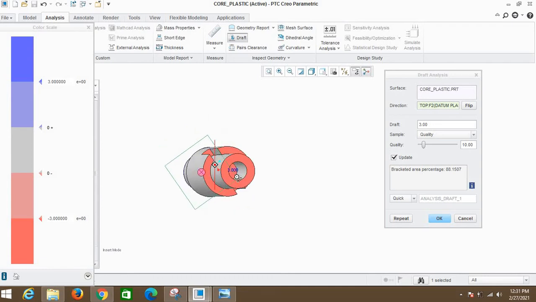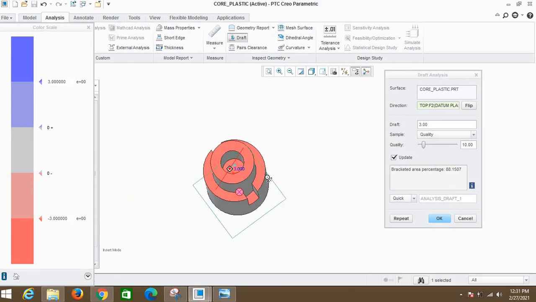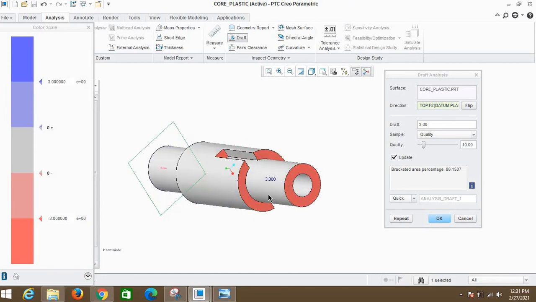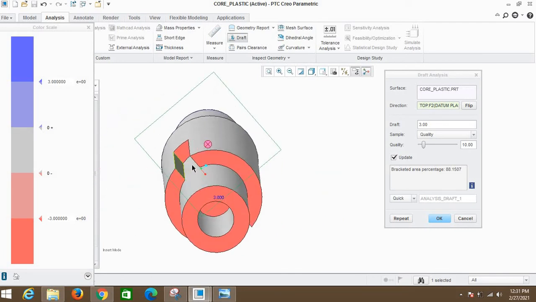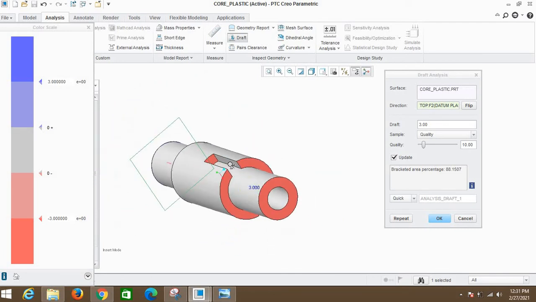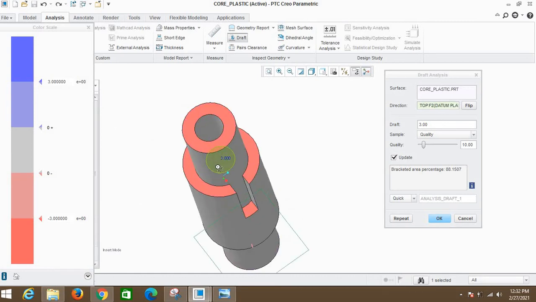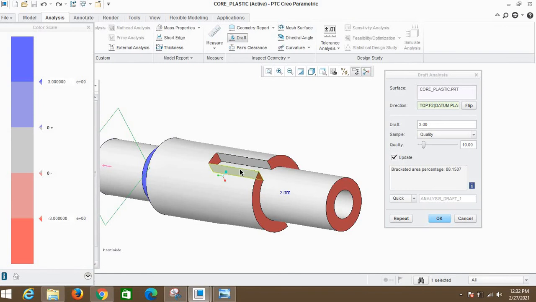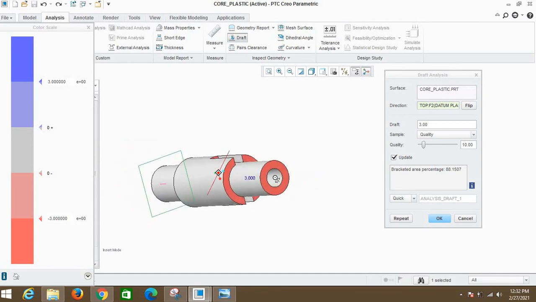Those seen in the red color, these surfaces are easily ejected. Okay, so these surfaces come into the red color, but while ejecting these surfaces, okay, these surfaces, so there is a zero draft. In this condition, these surfaces get rubbed on the tool and automatically the tool gets damaged.